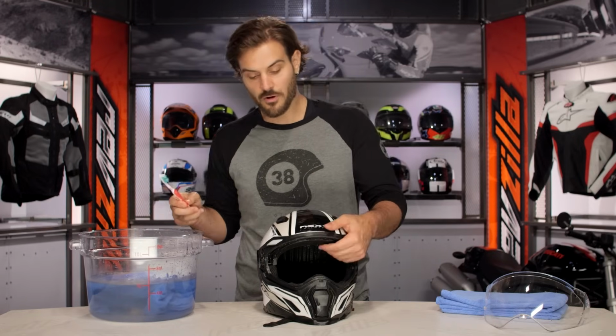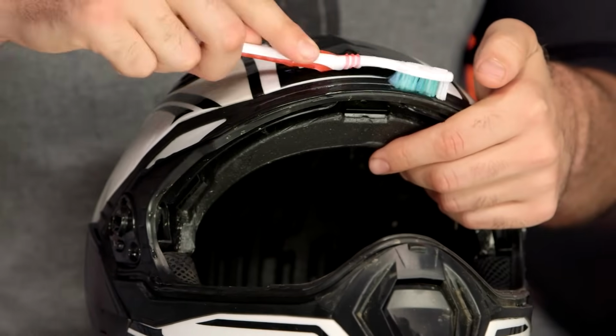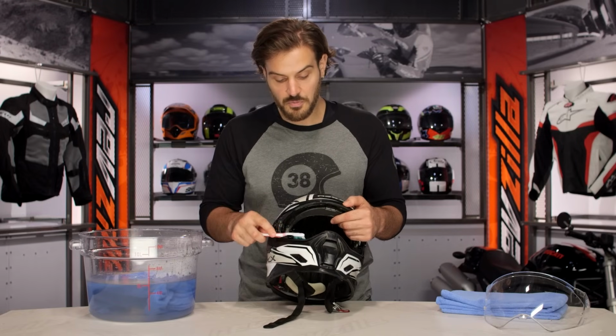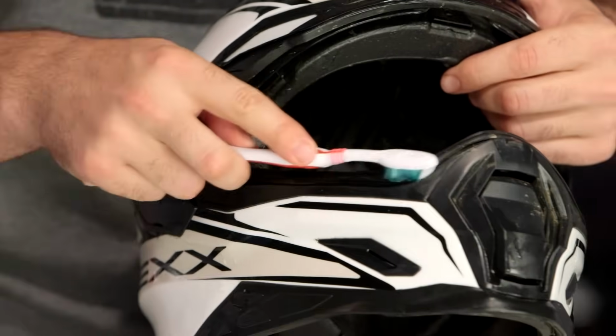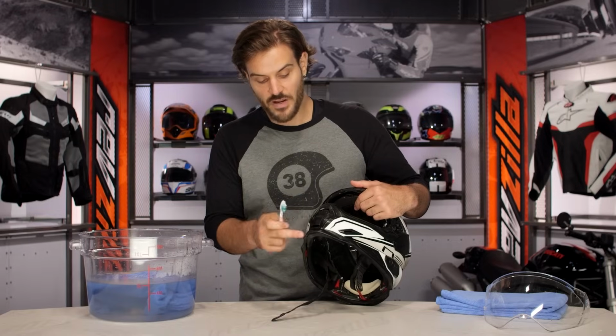Just get a little bit of warm water on there and just work your way around the gaskets. Like I said, for most of you street riders out there, your biggest contention here is going to be bugs. For you dual sport or dirt riders, that's where the dirt and the mud does have a tendency to get caked in. The other place where I noticed that dirt tends to stick is any of your vent systems,